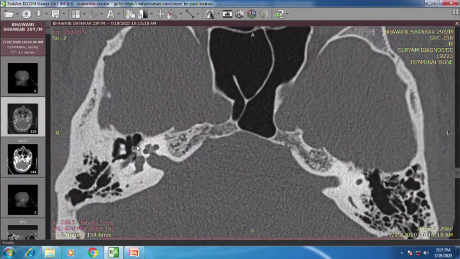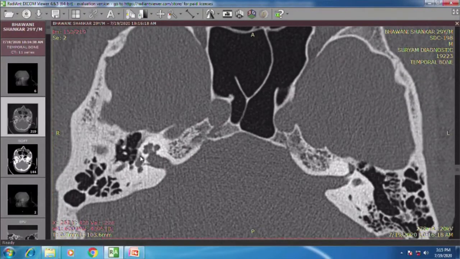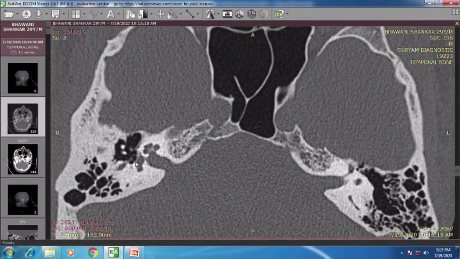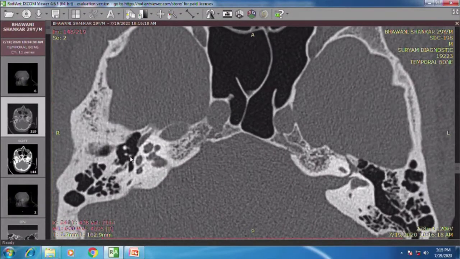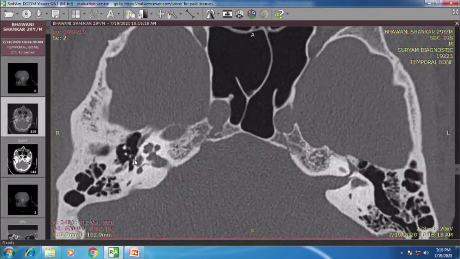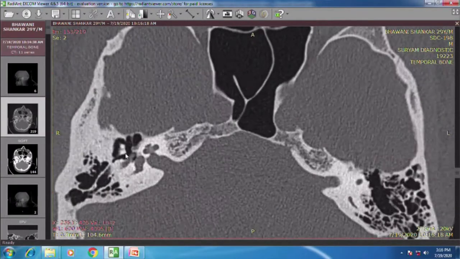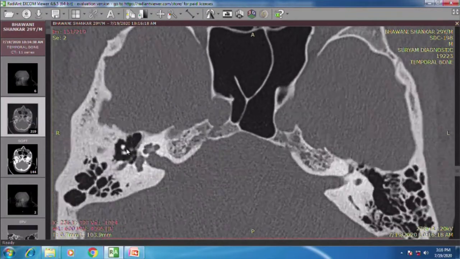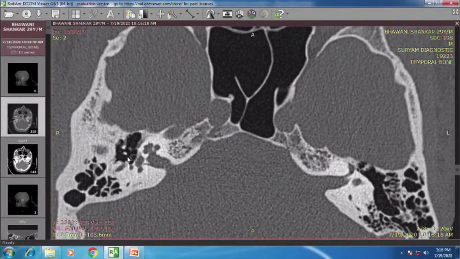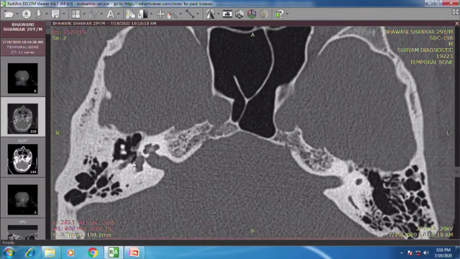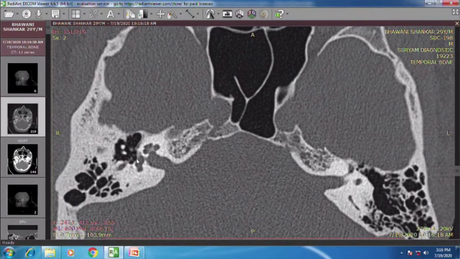Now coming to the ossicular chain. This is vestibule, can you see? Yes. And this is the level of the foot plate. And what is this there? Is the stapedial arch. Yeah, very clear. See the stapedial arch. And if I see dynamically, see this is the incus. See this is the incus. Incudostapedial joint. Can you see? Yes, sir. And then this is the incus body and the malleus. The entire ossicular chain looks good, nice and intact. And both the crura of the stapes are visible, and this is right on the vestibule. This is what we wanted to see.